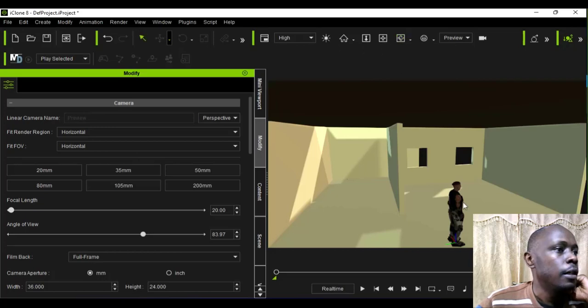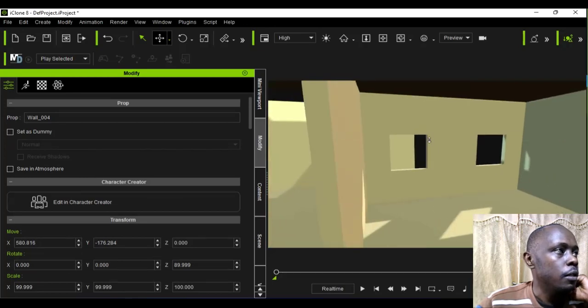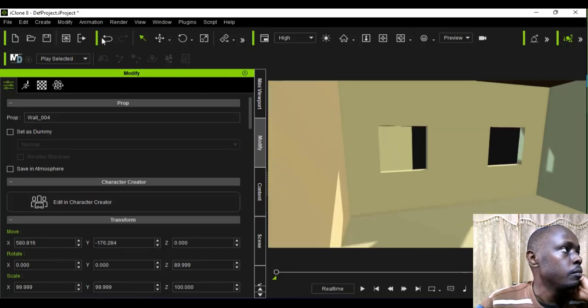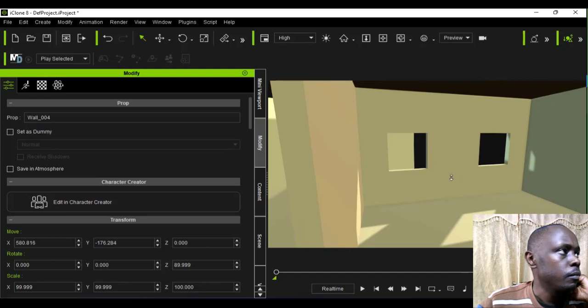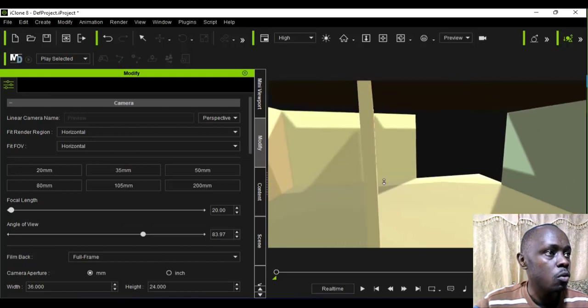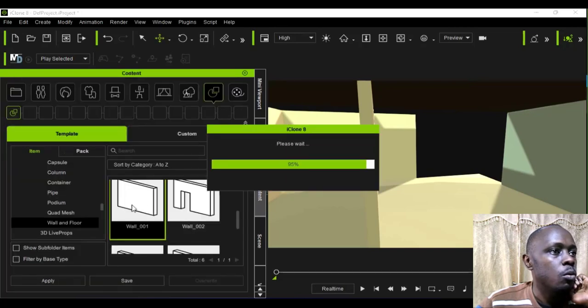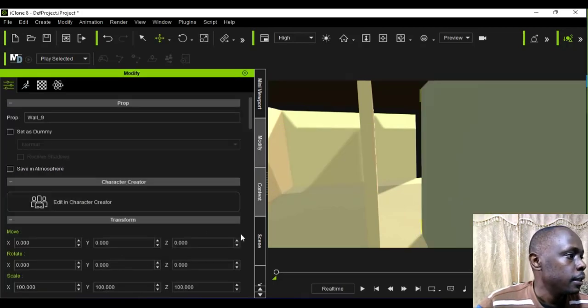Let's change that wall. I'm looking at this wall. Select this wall. Why is it not selecting? Yeah, that wall. I need to modify it. I'm going to make it a closed window. So what we're going to do, still we're going to have this wall, and then make it 90, modify at 90,